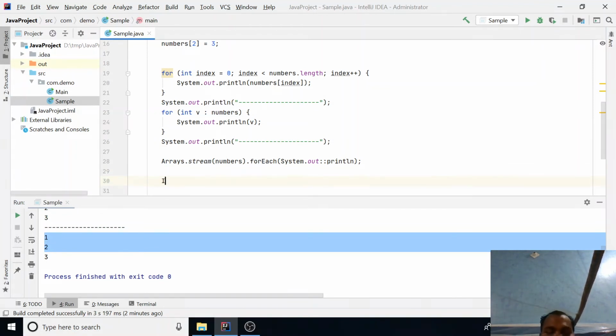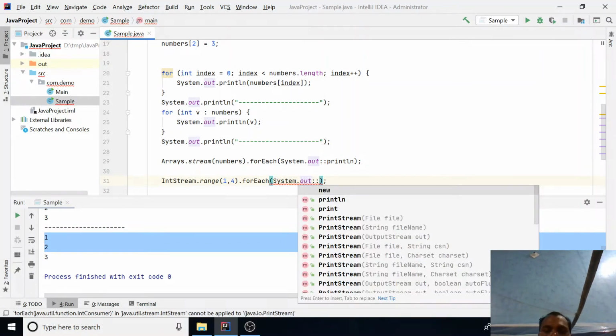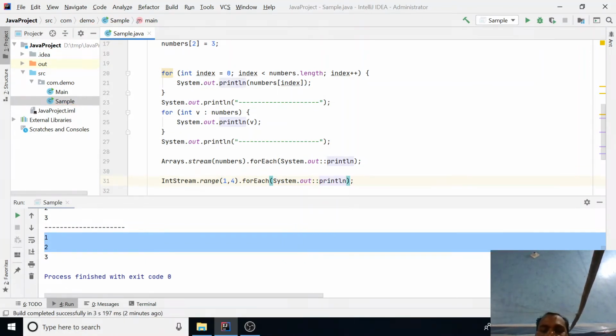For example, the IntStream class has a range function. I give it 1 to 4. It will automatically give you one stream which has the values 1 to 4. And here you just call forEach and print your values. Okay. So this is another approach.